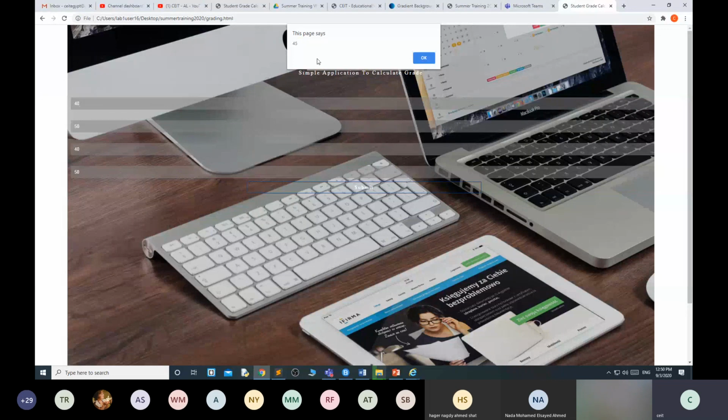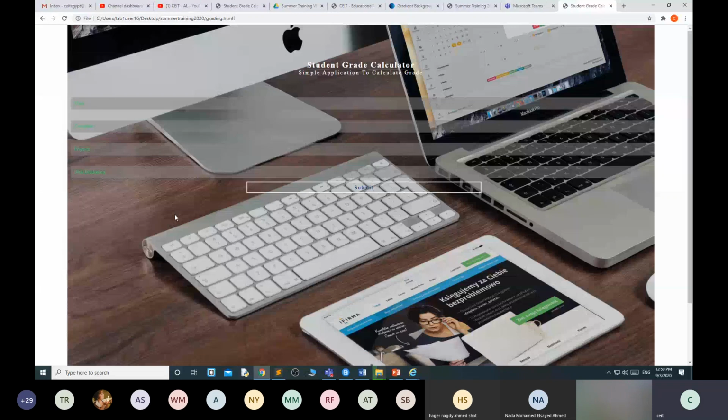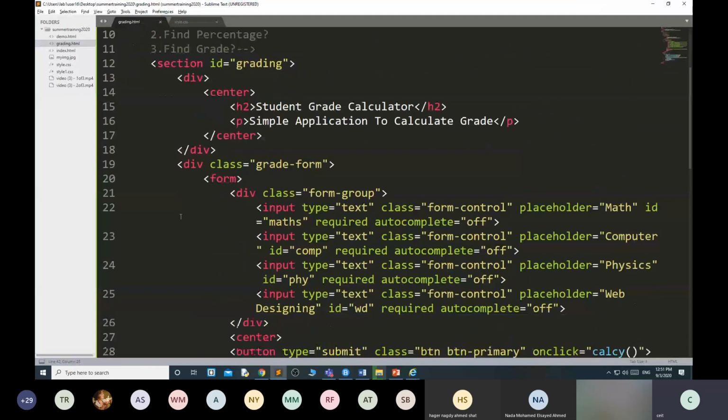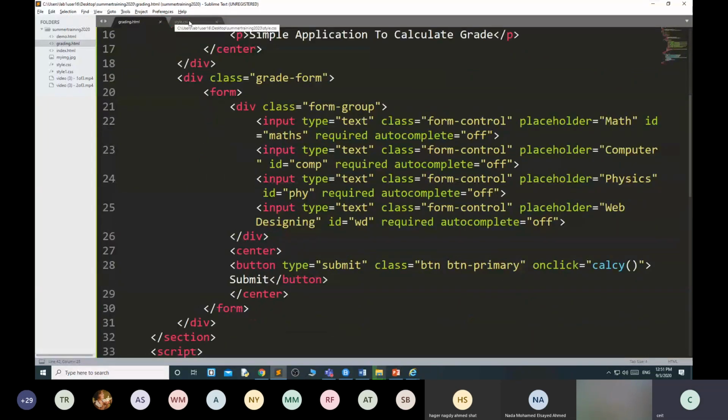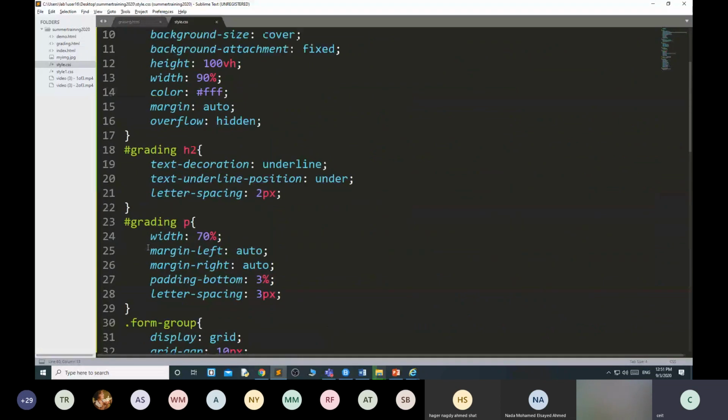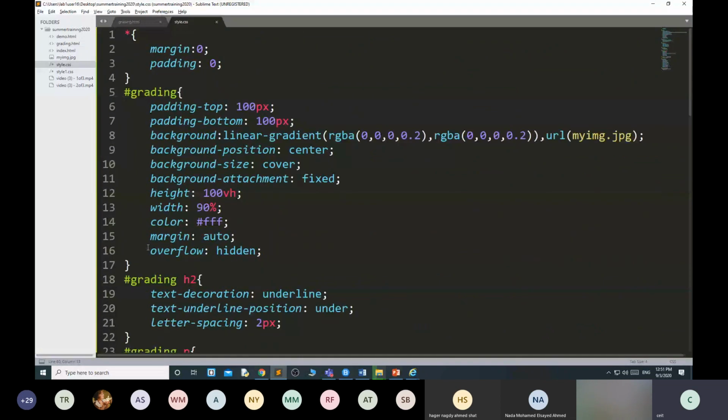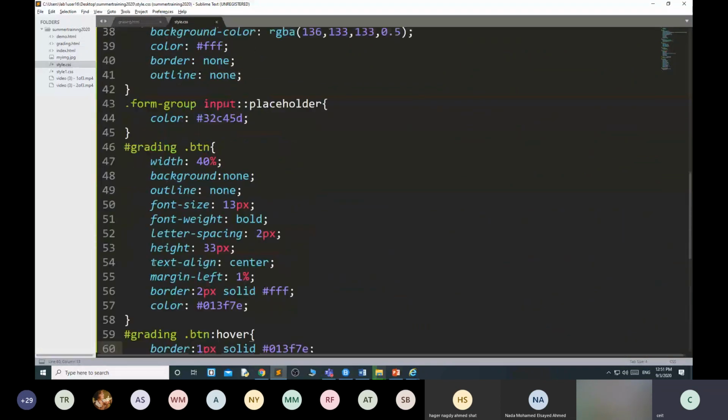In this application, what are the things you learn? First, how to create a form. Then how to apply the style, external style, to the form.